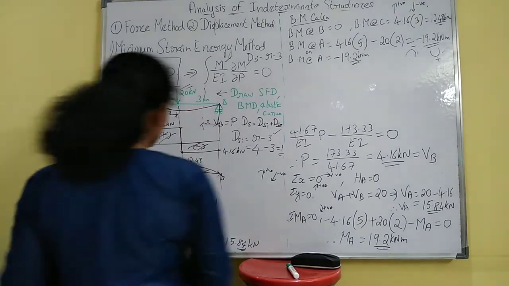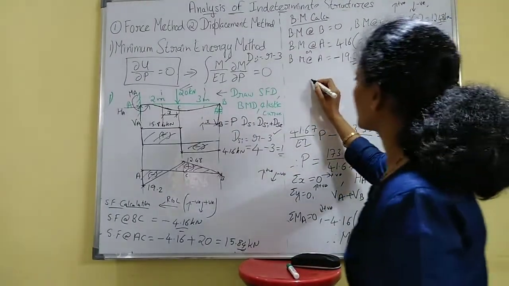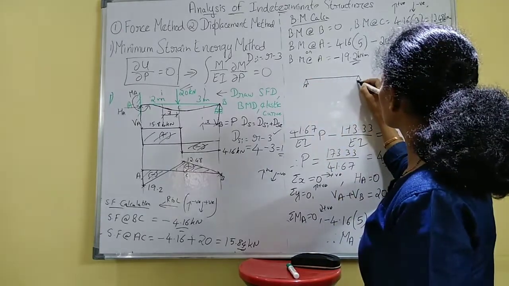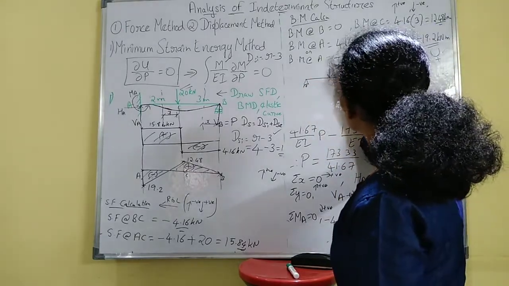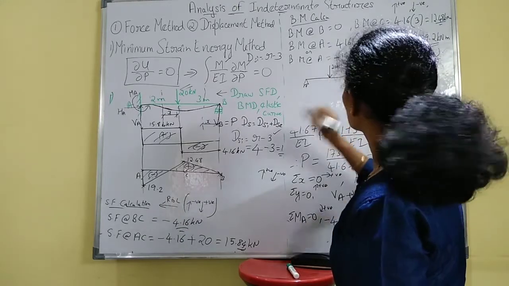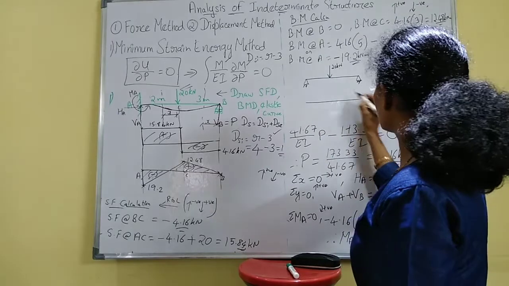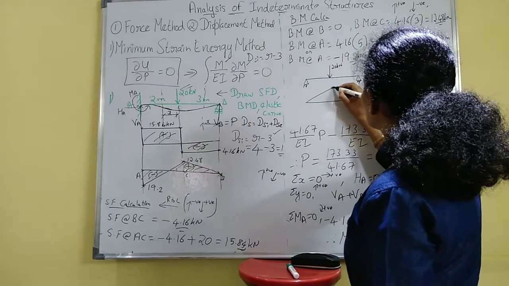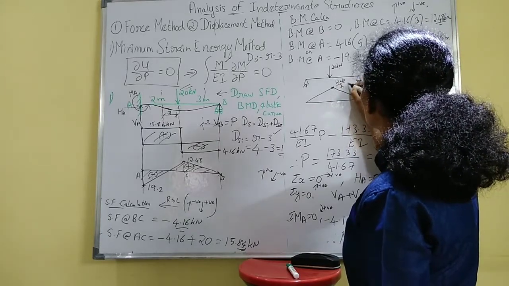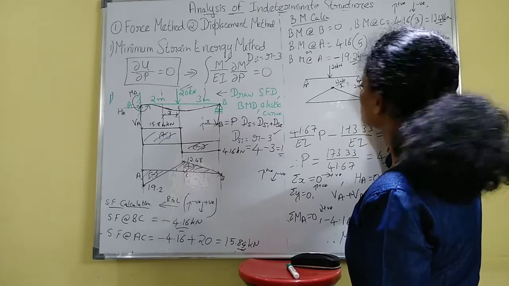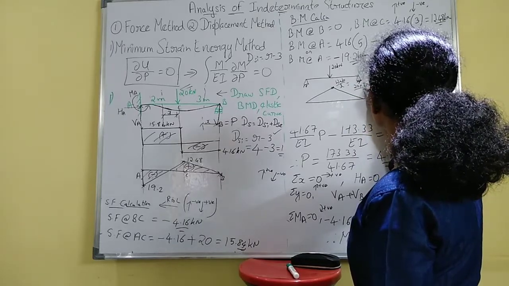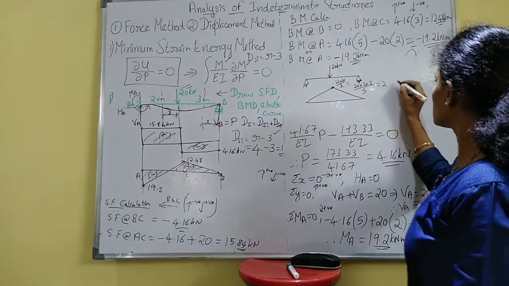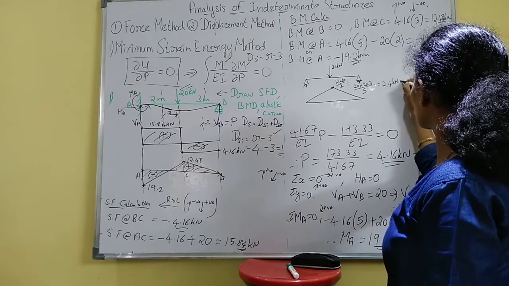Then there is another way we can find out this bending moment diagram. Just consider this beam as simply supported, and suppose this is your 20 kilonewton. First draw just a direct bending moment diagram for this. You can find out directly the bending moment diagram. Just find out this value, that is W A B by L, that is 20 into 2 into 3 divided by 5. Just find out bending moment at C. You have 24 kilonewton meter.